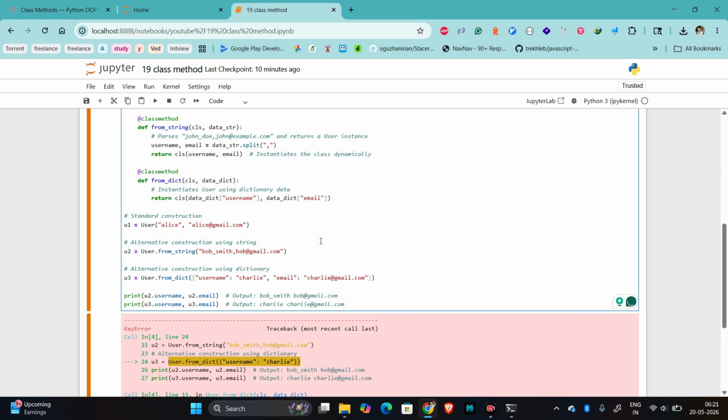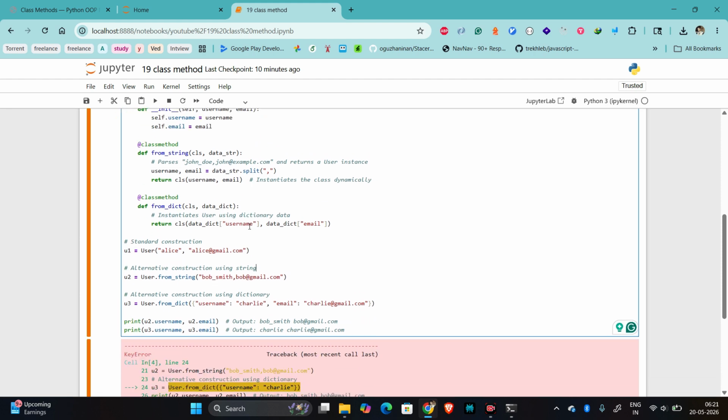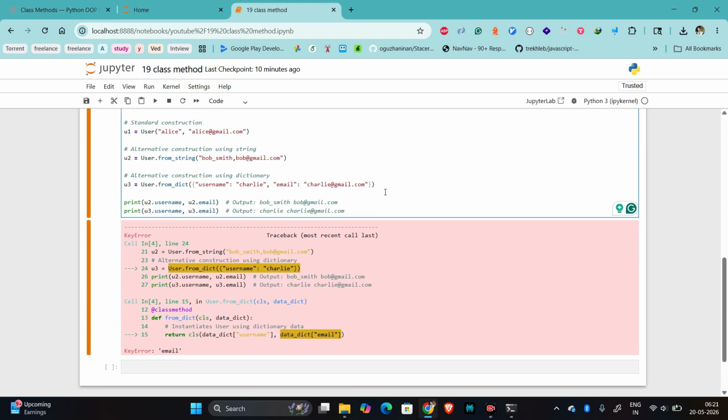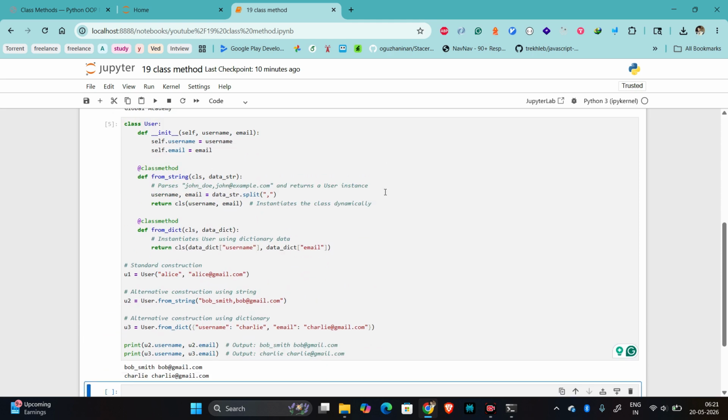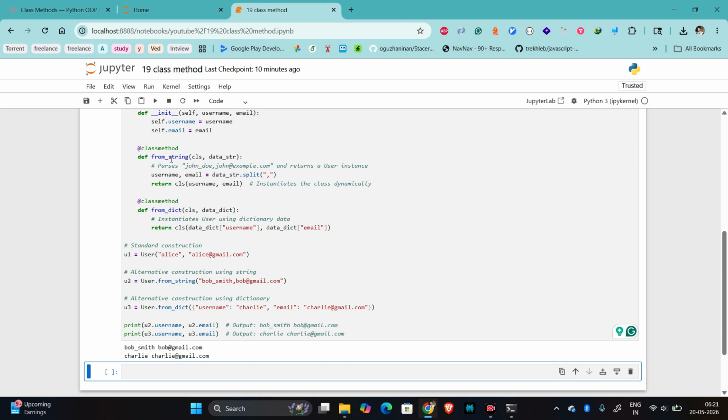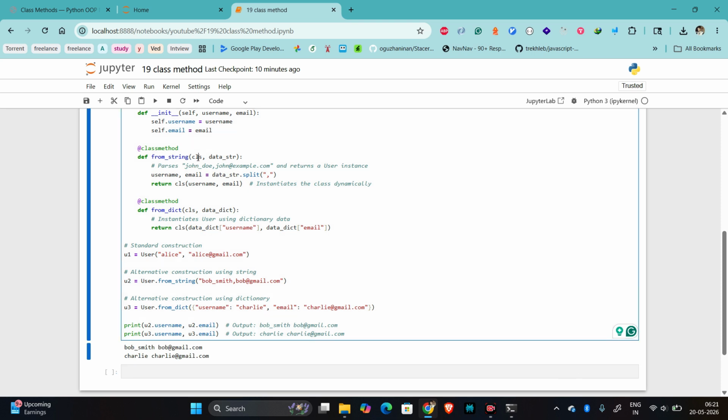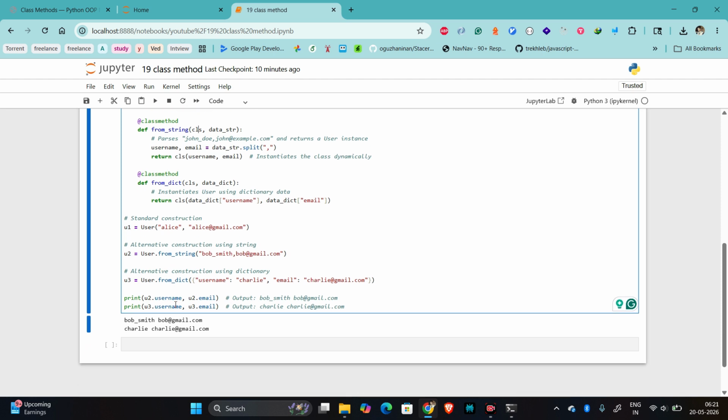Yeah, if you want to accept only username from this one, you can remove this from here. So this is the use: keep in mind we are passing CLS here, which will take the class itself. So if you want to access the from dictionary class from inside, you can call it using CLS dot from dictionary. Here you can see we are calling User dot from dictionary, right? User is the class name,